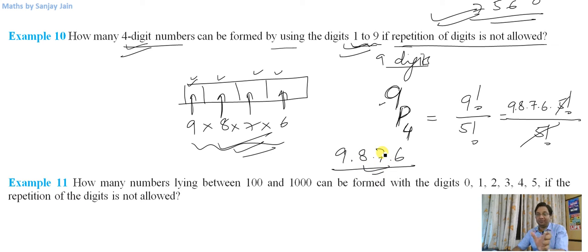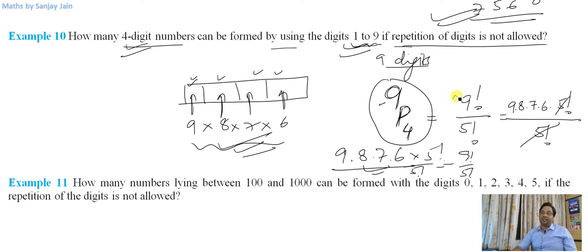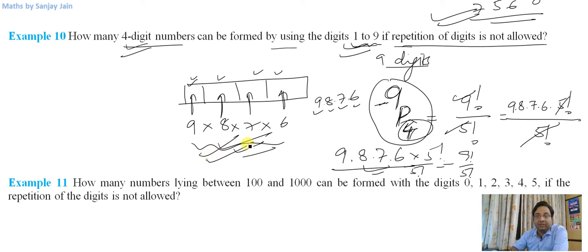We went from this, then we multiplied and divided with 5 factorial, then we said this is 9 factorial, this is 5 factorial. That is how we came up with this formula. Okay, so we can go the other way around also, that if I go to find 9P4, rather than writing 9 factorial by 5 factorial, in some of the cases I can write 9 into 8 into 7 into 6. How many steps? 1, 2, 3, 4. 9P4 here. Okay, so this will be your answer. Now I want you to do the calculation yourself.